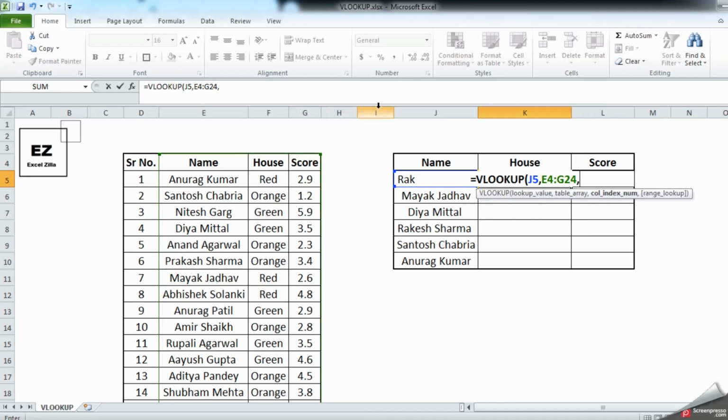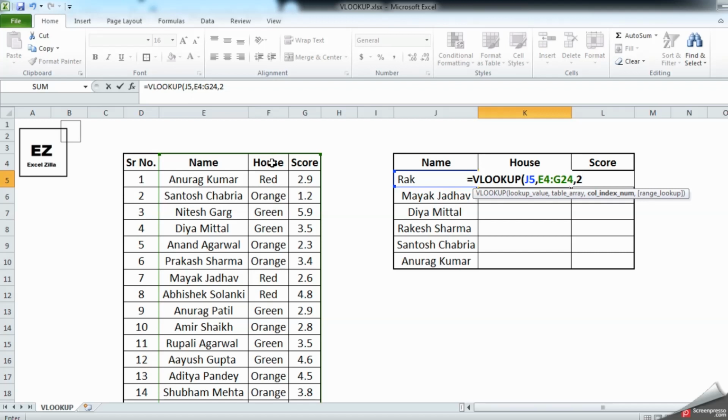The first column in the table is this one, which is column E. Here we are trying to get the house, so our column index becomes 2, the second. If you're trying to get the score, it will become third, and so on. So let's put column number 2 because we need the house. The first column is the name and the second column is the house.